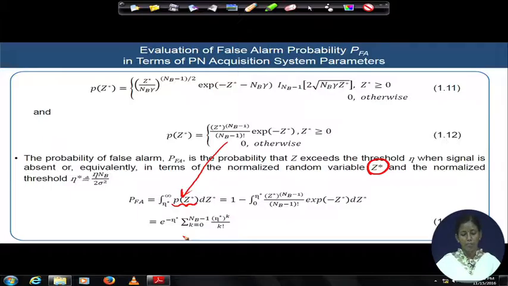Our next important step will be to derive the expression for the probability of detection in the next